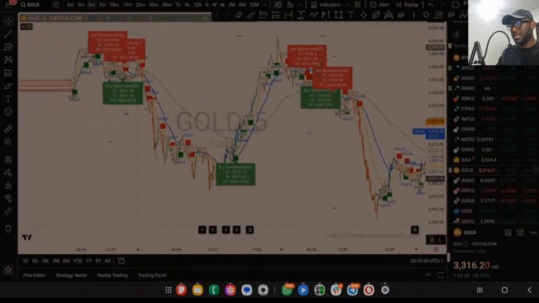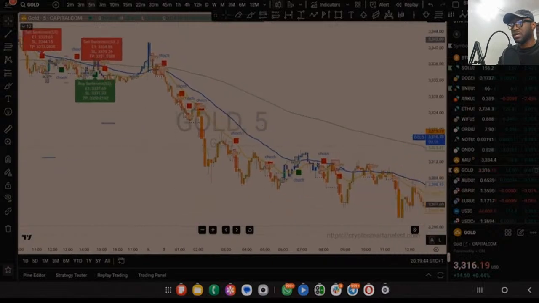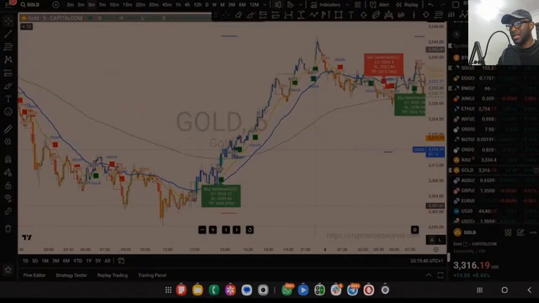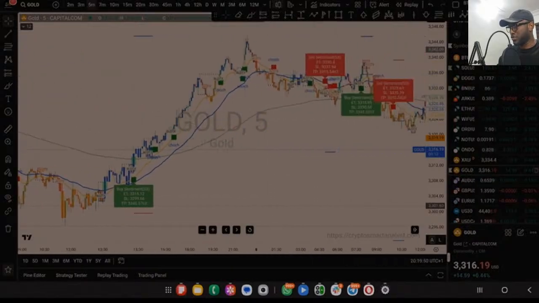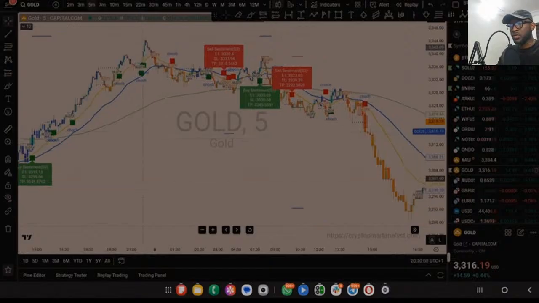Like I said, it is not about getting attached to an asset. It is about picking an asset that has good swings, not an asset that consolidates too much. Bitcoin is currently consolidating and it's a very bad asset to trade at the moment, especially if you're scalp trading. So it's best to switch to an asset that is easy to scalp trade, trade that, and get out of the way.